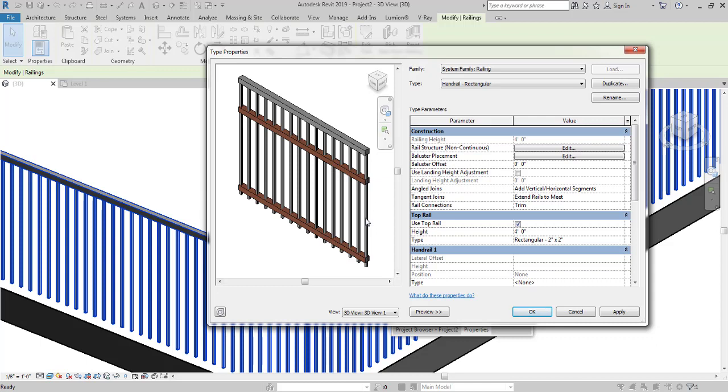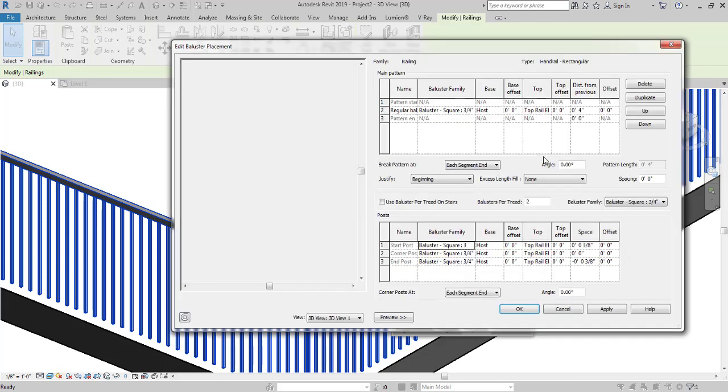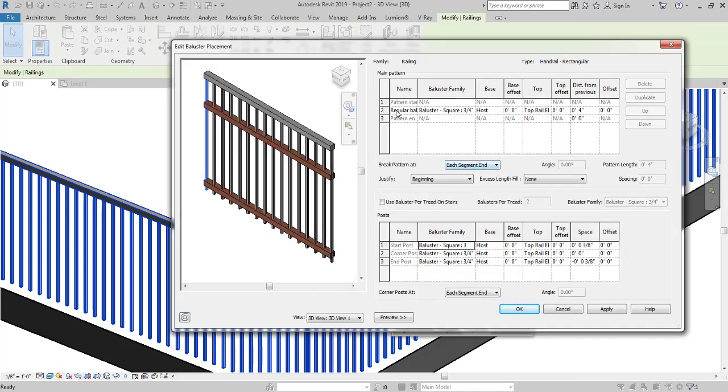The next thing that I would like to go over is this vertical column, this vertical profile over here, which is known as a baluster. We can play around with the properties of a baluster. So click on the baluster placement, click on edit over here, and as you can see, there are multiple properties available for a baluster. For example, where the baluster starts from, where it ends on, the base where it starts from, the top where it ends on, the distance between the balusters, and a bunch of other useful options.